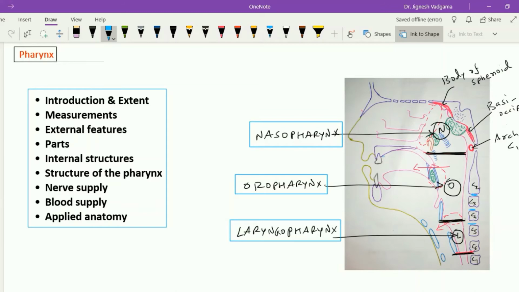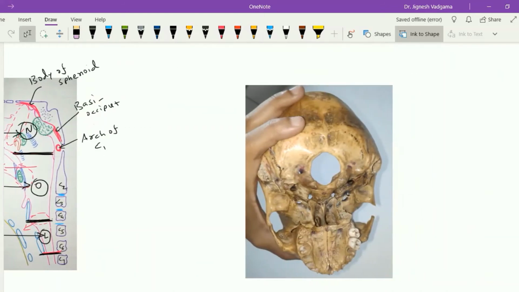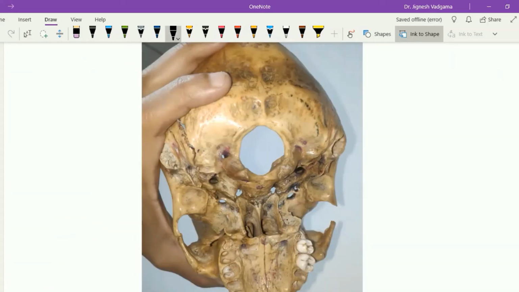When we see each side of the pharynx, here in this figure we can appreciate the carotid canal on each side, and this is the area for the styloid process. Here the styloid process is broken down on both sides, so this is the styloid process on each side, and here this is the posterior nasal aperture. So here the musculomembranous structure, that is the pharynx, is lying from the base of the skull on each side, and it passes downward. So this area is the area for the pharynx.